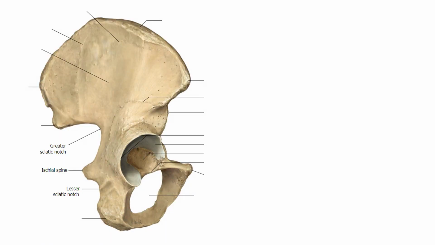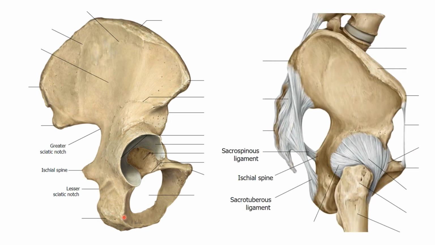The same is seen from the lateral aspect. This is the hip bone. This is the greater sciatic notch, lesser sciatic notch, and this is the ischial spine, ischial tuberosity. This is augmented with other bones, the upper end of the femur, and this is the sacrum. You can see here, this is the sacrotuberous ligament, and just below that, this is the sacrospinous ligament, converting the greater sciatic notch into the greater sciatic foramen and the lesser sciatic notch into the lesser sciatic foramen. This is the lateral view.